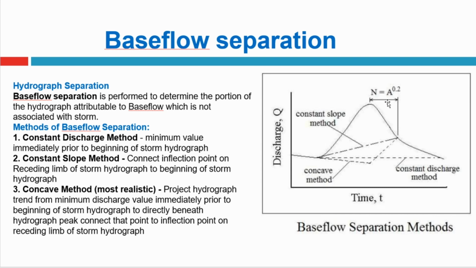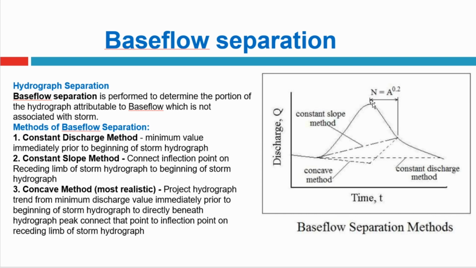So what you do is, A is the catchment area, multiplied by some constant which is not written here, a constant K which basically depends upon the type of the catchment area that we have. So N equals K multiplied by A raised to 0.2, where A is the area of the catchment. If you multiply the constant with A raised to 0.2, you will get some value. This value will be in terms of number of days.